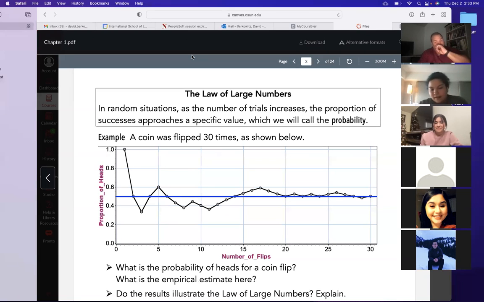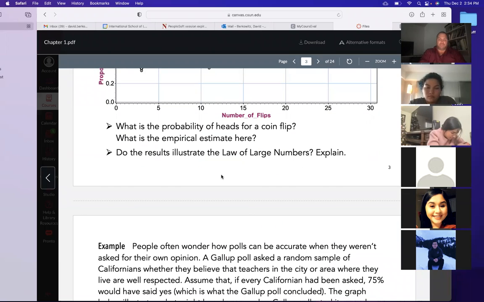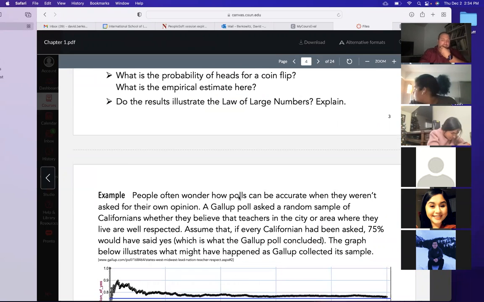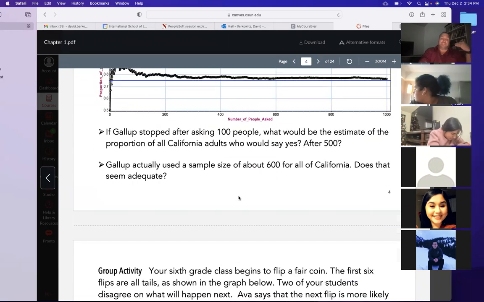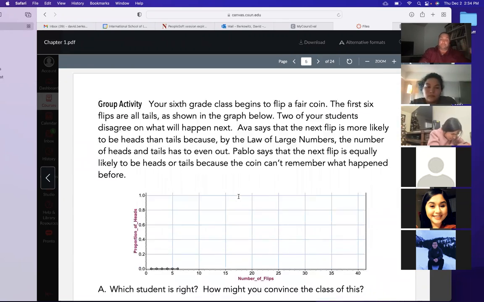Stabilization, that's it. It's been so long, yes, but it's all about stabilization. That's right. I thought maybe my clue might have been too much of a giveaway. All right, but the law of large numbers says that you keep flipping and flipping and flipping until you reach a stabilization. That's when you know that you're honing in on the true value. That's the law of large numbers. You always hone in on the true value if the sample size is big enough.